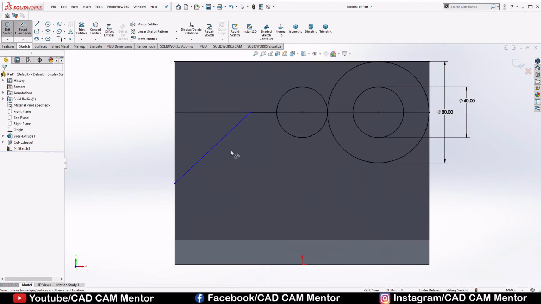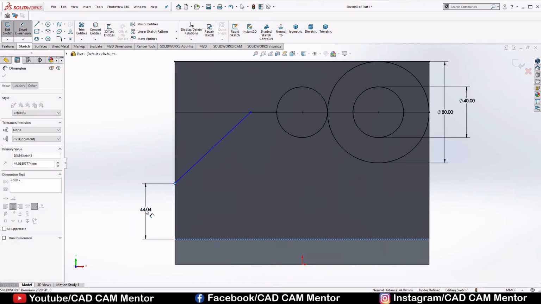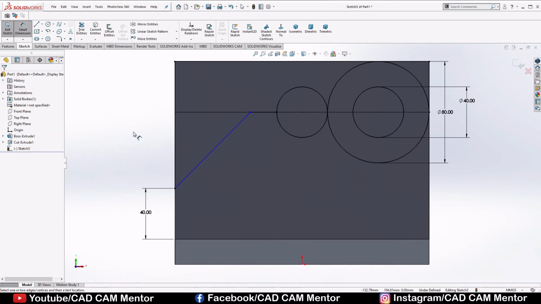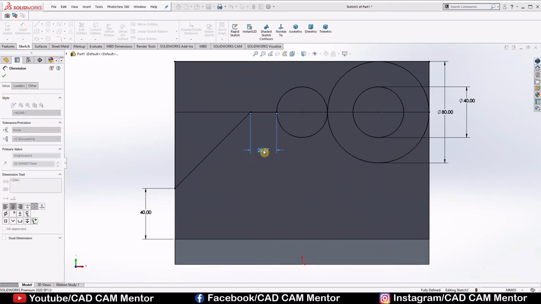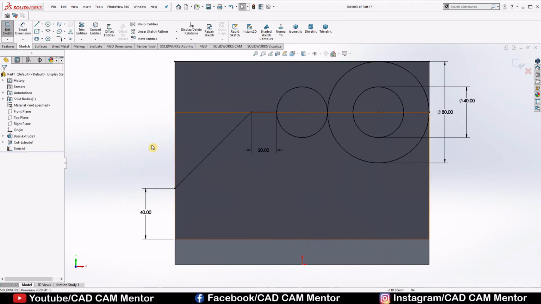Again select smart dimension. Distance from this point to this edge was 40. Select this line and this distance was 20 millimeter. Now the sketch is fully defined.